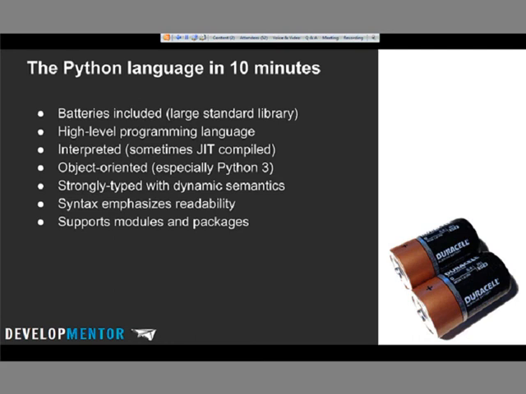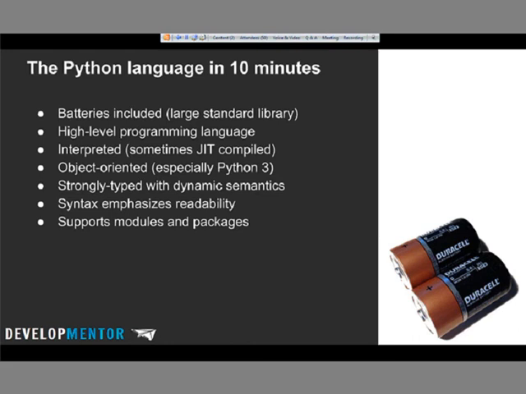It's an object-oriented language, very much so, especially Python 3. There's two versions of Python. There's Python 2, which you'll find in the flavor of 2.7 these days. And there's Python 3, Python 3.3 or 3.4. 3.4 is just about to be released, and so on. And Python 3 especially has been sort of rewritten in an incompatible, backwards-breaking way to be more object-oriented and to clean up the language. So especially Python 3 is object-oriented.